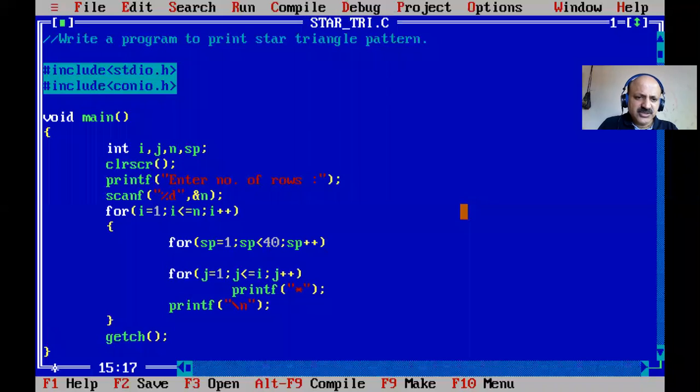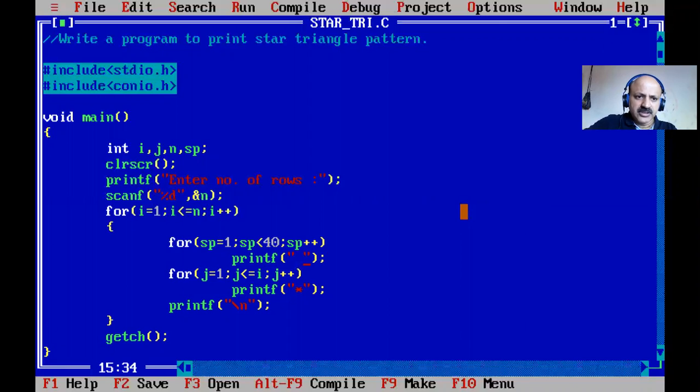Just take sp as a variable and print one blank. Now what happens is the stars go to the middle, because our monitor column size is 80 and the row size is 25. So here I just save and then run.